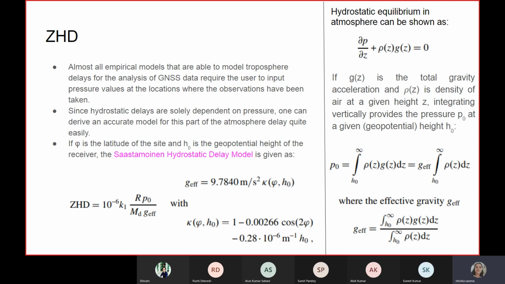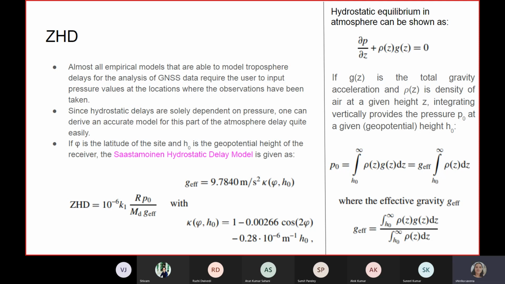What is the location information? Latitude phi as well as height of the receiver. So three things we need. First is latitude, another is the height of the receiver, and third is the pressure measured at that receiver point. Using these three inputs, we can compute zenith hydrostatic delay